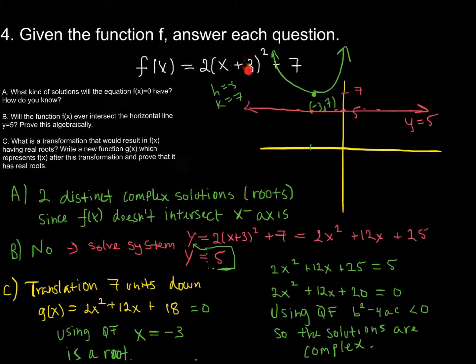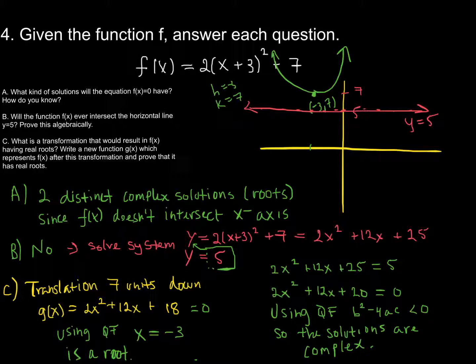And so we are given the h and the k value. So I have h equals -3 because it's x minus h. And so h here is -3. And then k is equal to 7. Well, that's my vertex. The a value is 2, which is positive, so I know it opens upward. So there's my function. And so based on that, I can say that it's going to have complex solutions, or